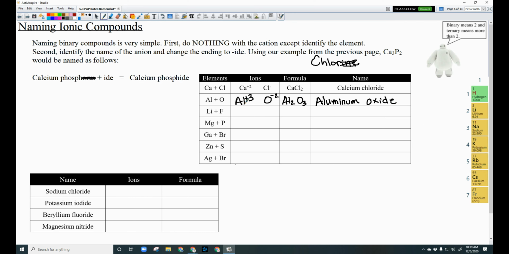Lithium and fluorine. Lithium is a +1 charge. It's in group 1 here. Fluorine is a -1 charge. Now this does add up to 0. +1, -1 adds up to 0. So we're just going to smash them together to form the compound. And the name of this is lithium